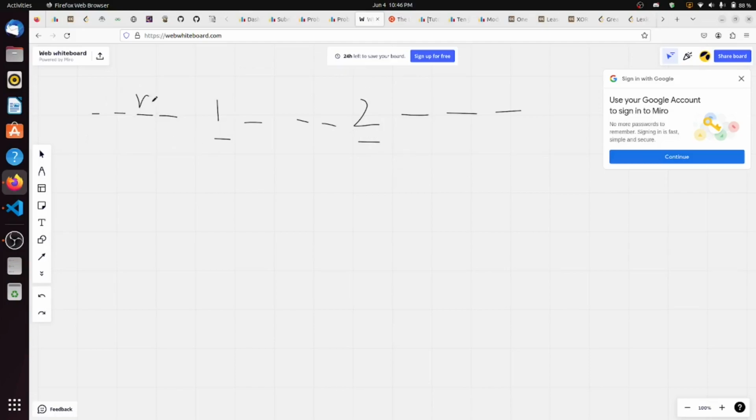if n is present here, let's say in this case, then we want to put this 1 at the first position. And let's say if n is present somewhere over here, then we want to change the position of 2 to the last. And let's say if this n is present in between these two, then we can change either 1 to the first position, I mean swap the position of 1 with the first position, or the position of 2 to the last position. That's all we have to do